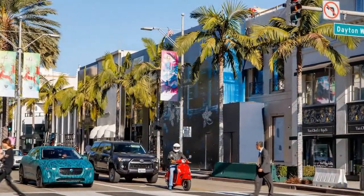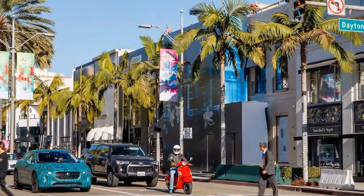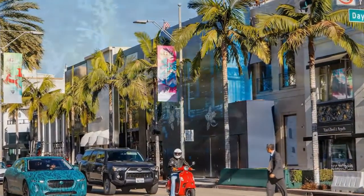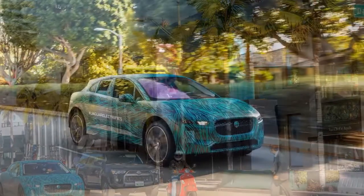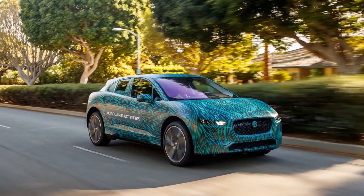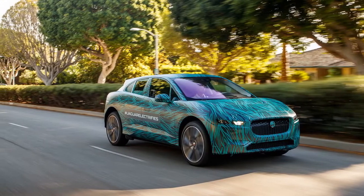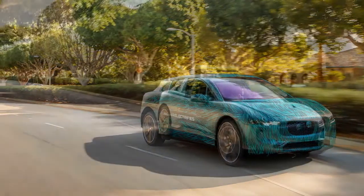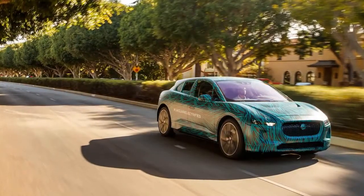The I-Pace is Jaguar's first electric vehicle, and although it's still months away from showrooms, we got a ride in a pre-production prototype built using the final tooling. Jaguar isn't doing the final assembly for the I-Pace. Instead, Magna Steyr, the contract builders of the Mercedes-Benz G-Class and the BMW 5 Series, will screw them together in